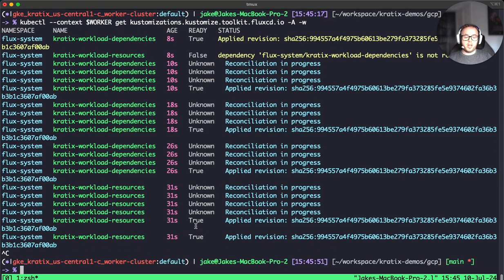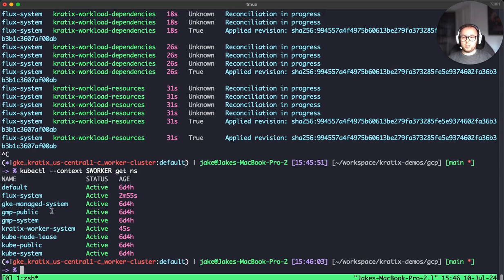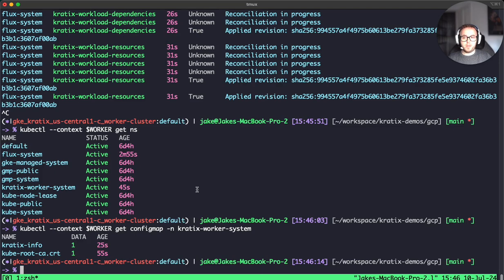So what Kratix does is it will deploy two canary resources as part of setting up a destination. So we should see that there is a namespace called Kratix worker system, and we should also see within that namespace there is a config map. Now that we can see that both those canary resources are created, we know that we have successfully wired up the worker cluster to pull down from the state store that Kratix is writing to. So that's it for the installation. We now have a working Kubernetes installation of Kratix